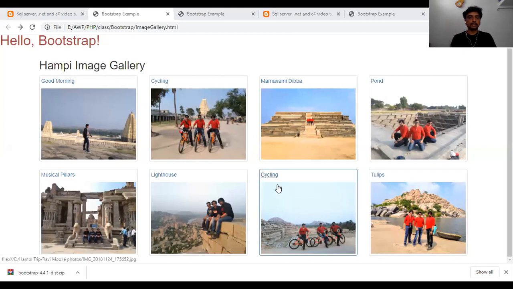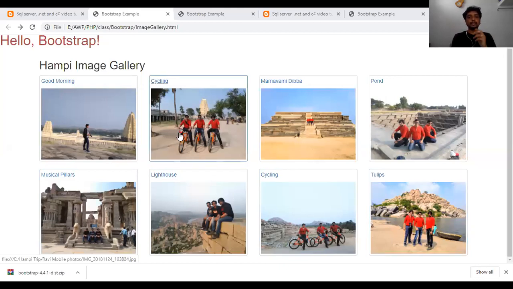The image galleries. How to make this gallery? How to make the view of this gallery? Okay. Now here you can see what is the difference when you give the thumbnail. Look at the border. It will put a border for every image. You can see that image border. Hope you can see the border. For every image it will put a border. That is why we put the class called thumbnail.